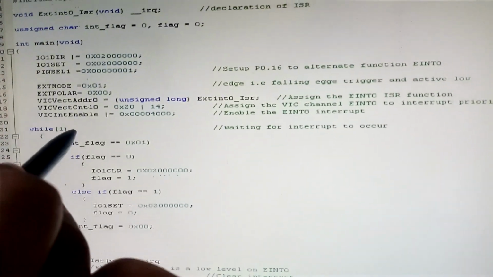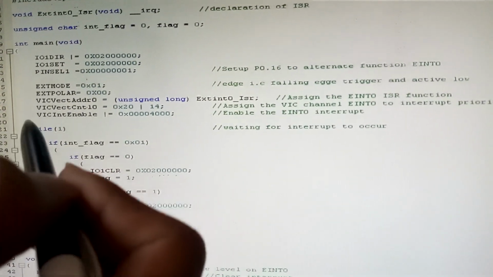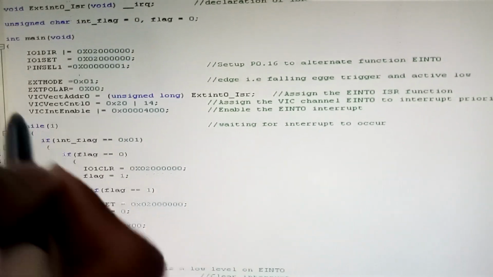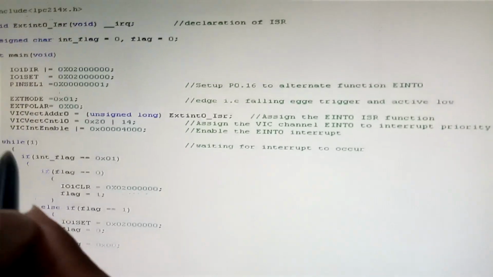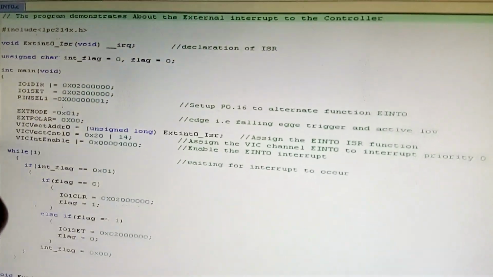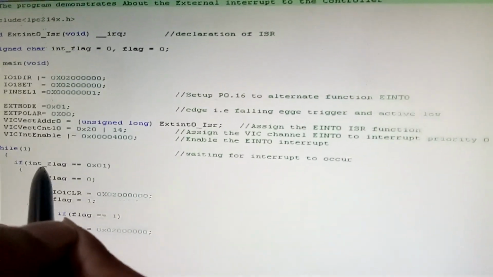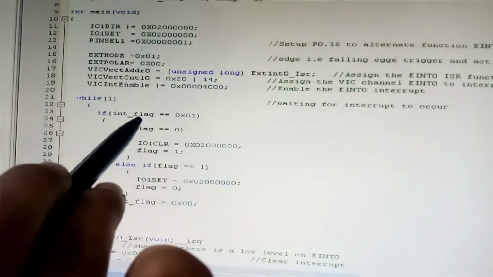The LPC2148 board should always run in an infinite loop. If you click the button, the light should turn on or off, and simultaneously it will keep doing that. So we are using an infinite loop function and entering the loop if int flag is